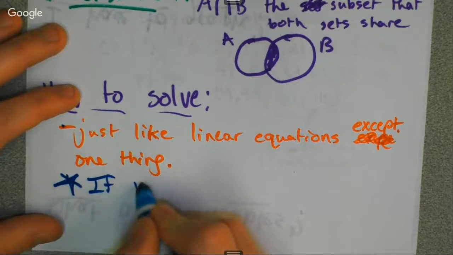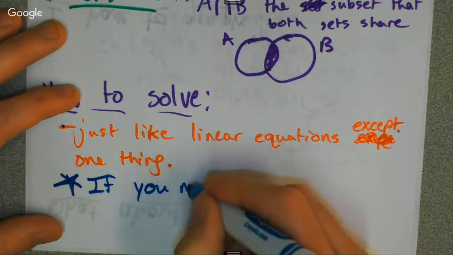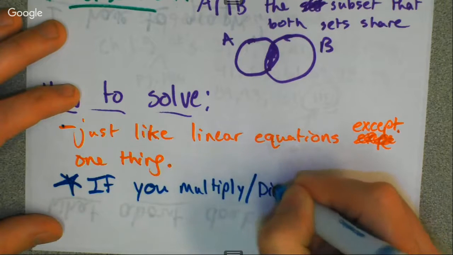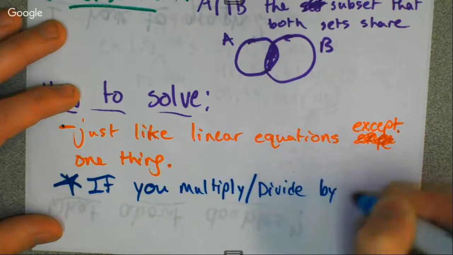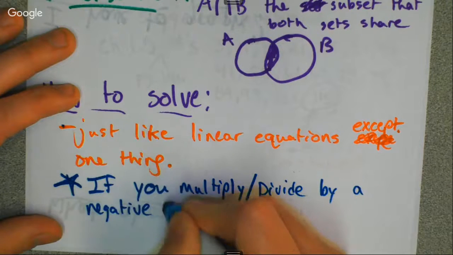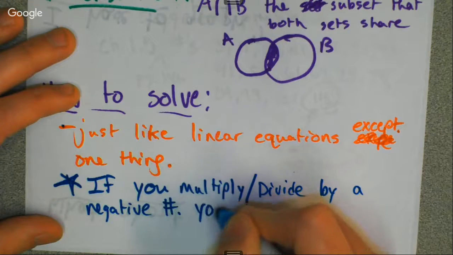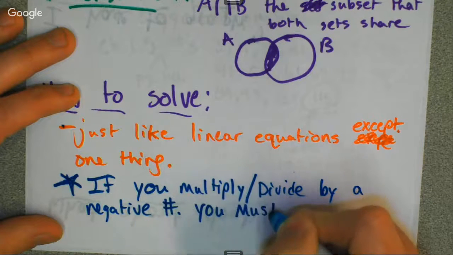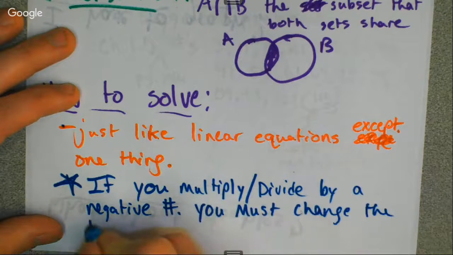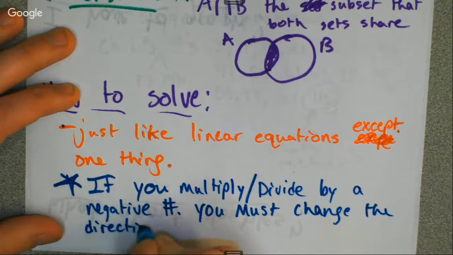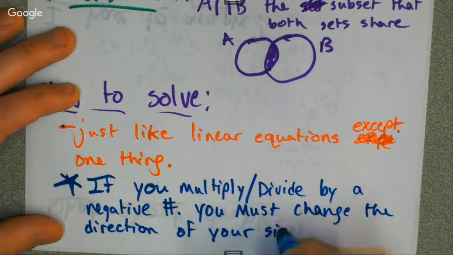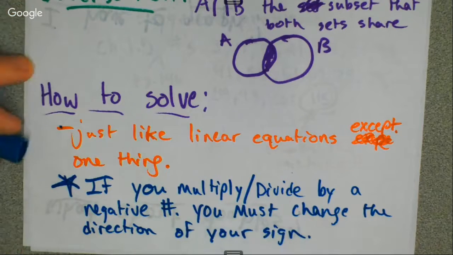If you multiply or divide by a negative number, you must change the direction of your sign. Meaning,